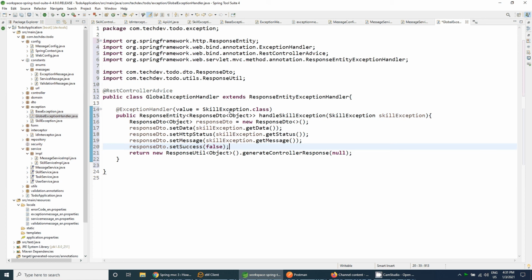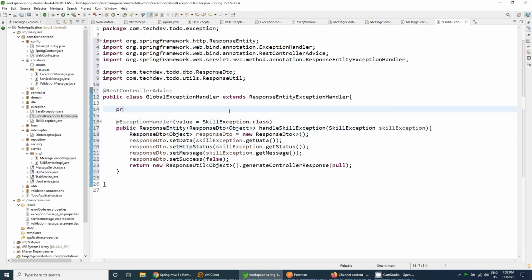And what we are left with now is the error code. I think the error code can be obtained using the message service object. So first of all we need to use the private MessageService and autowire that object.